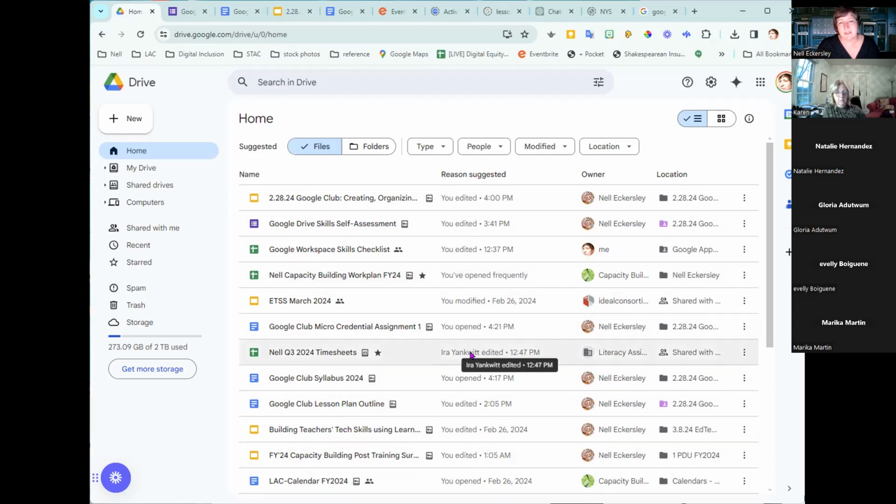And this one was edited since I last looked at it. Maybe it's telling you why it thinks these should be here. But that's annoying. None of that's helpful for me. I don't want Google to tell me what I want to see. But it is another place to look.